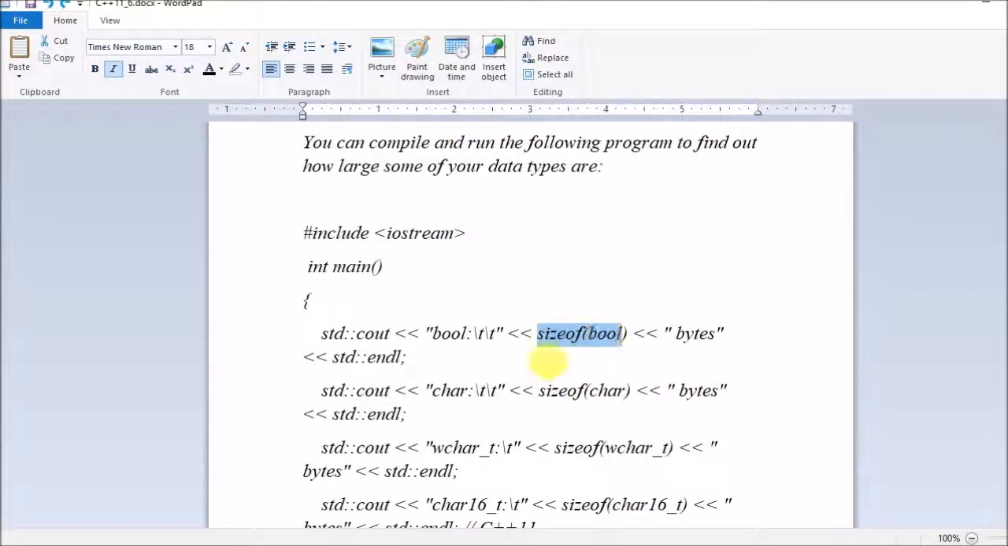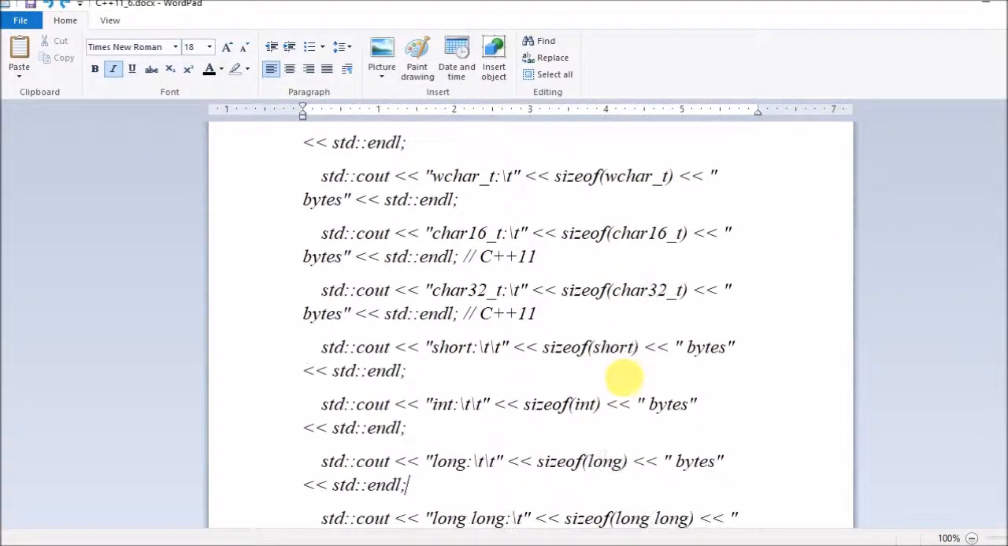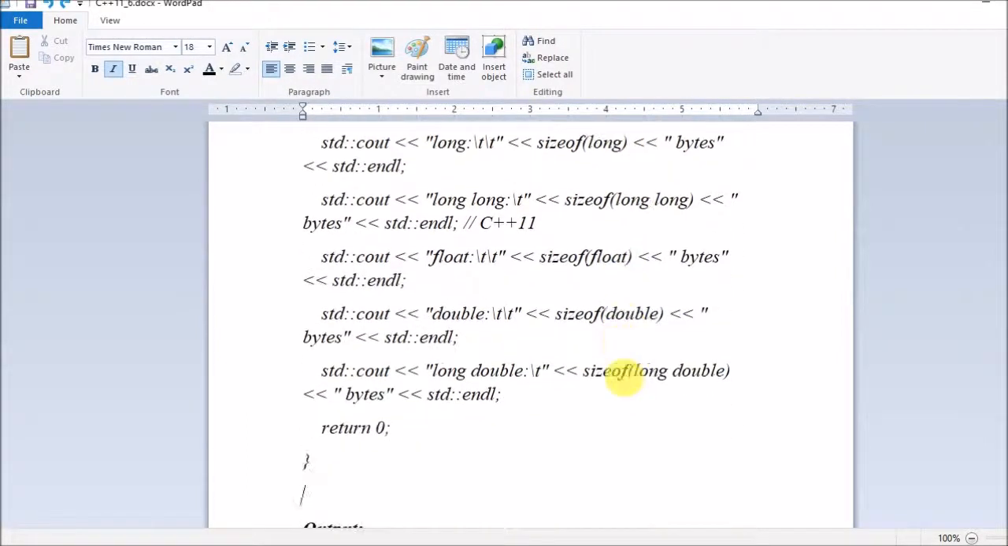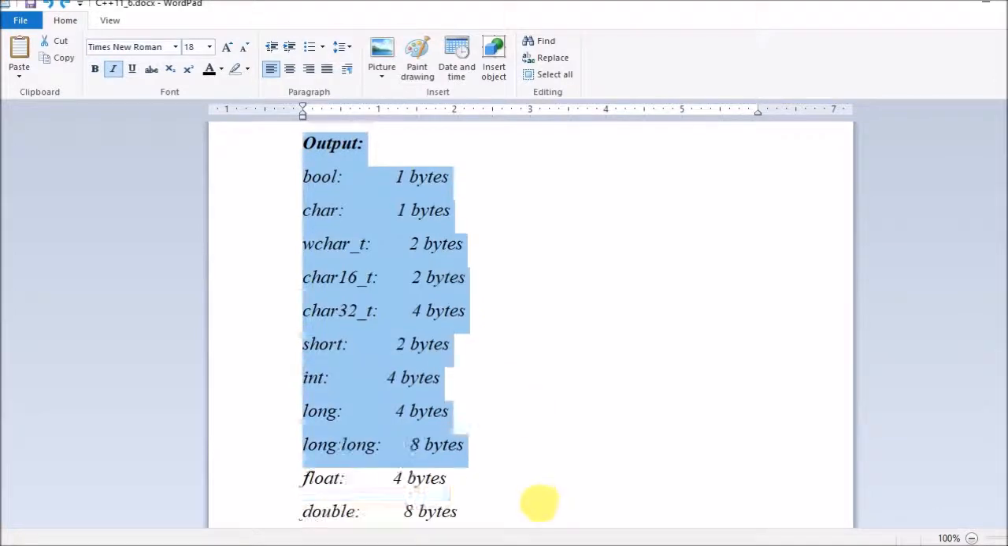So size of bool, size of char, size of wchar_t, size of char16_t, size of char32_t, size of short, size of int. In this manner I simply displayed different sizes, and here is the output, as I told you. Since these things are supported in C++11, you can use char